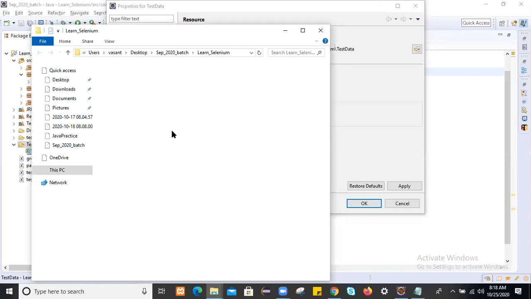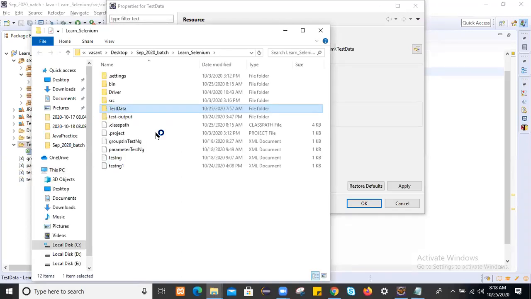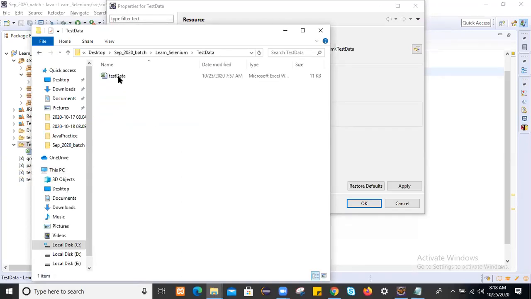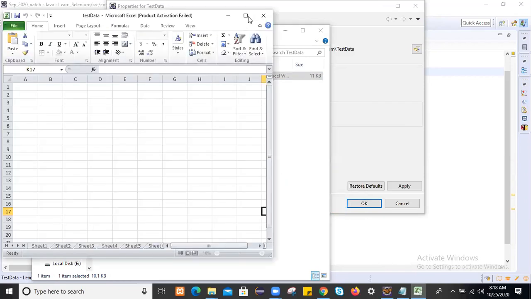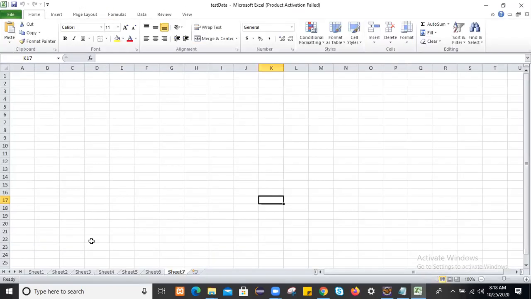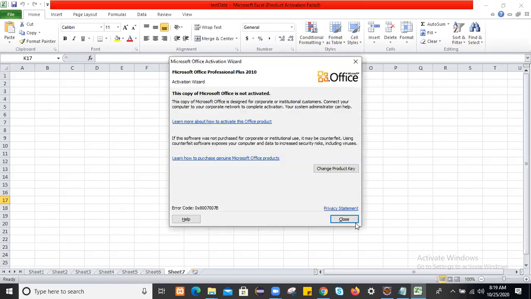So in this current working directory, here is my sheet. Let me open this test data sheet. This is the Excel application, and under that Excel application we have a workbook. Under this workbook, we have multiple sheets.